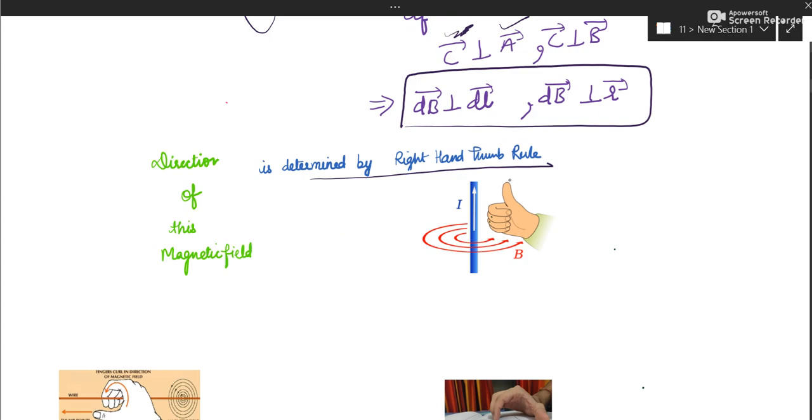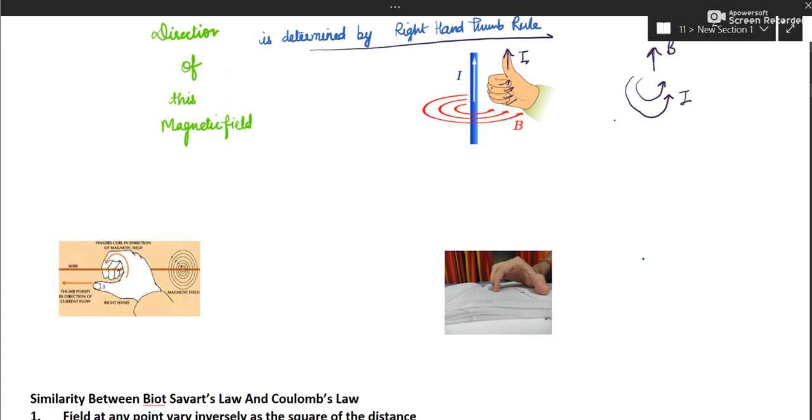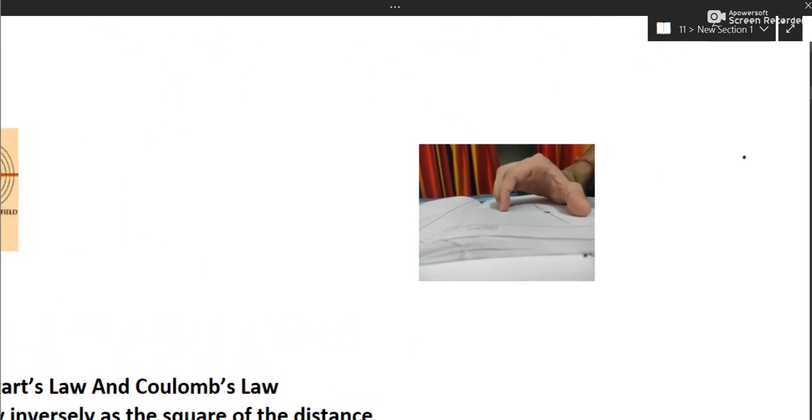If the thumb represents the direction of flow of current, then the curl of the right hand will represent the direction of magnetic field, and it is vice versa also. So if curls are representing current, then thumb will represent magnetic field. So the roles can be reversed. So here you can see in this diagram, if this is the direction of current and here we need to find out the magnetic field, then this is the right hand thumb, and curls are pointed inward. So here magnetic field is inward.